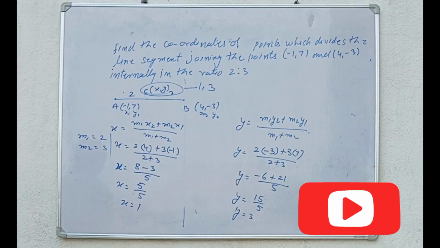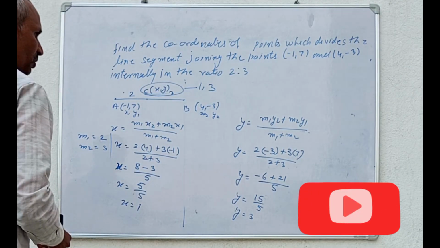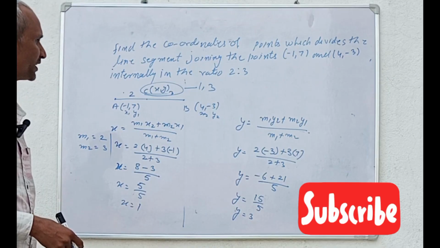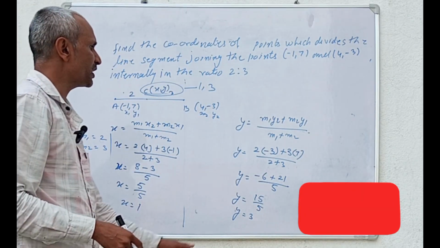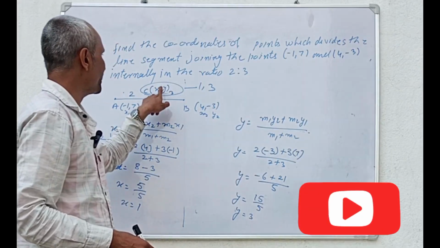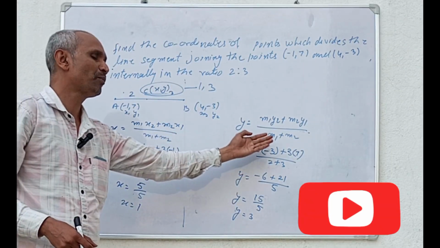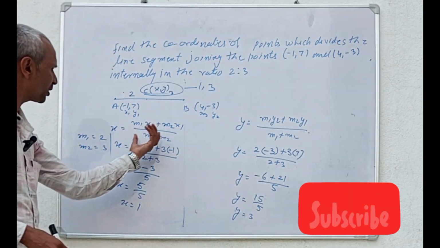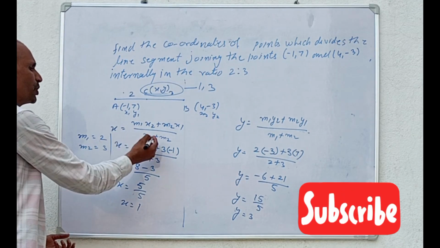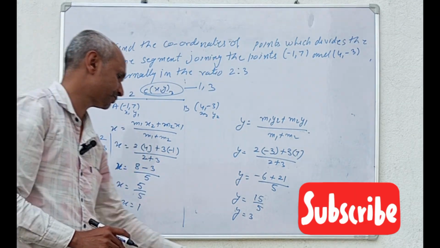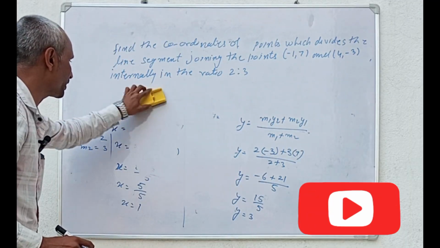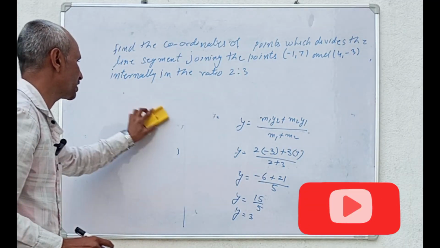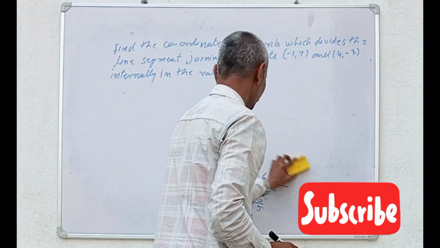This is in the CBSE, ICSE and state syllabus, which are running because math is global. So it is a 2 marks or 3 marks question, likely. Sometimes they will give the coordinates and ask you to find the ratio. The same formula you write, and just cross multiply. It will come in the next series. In the next video we will see which type of questions can be asked on coordinate geometry.